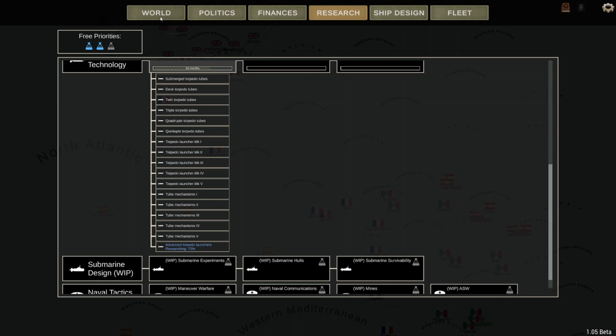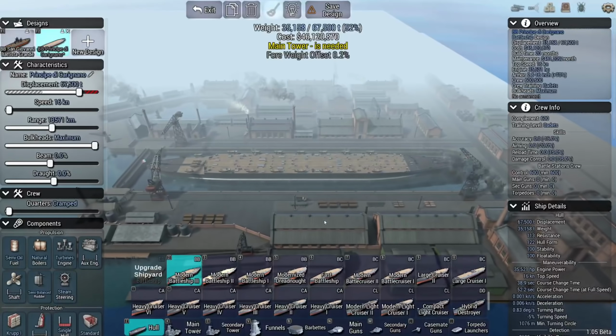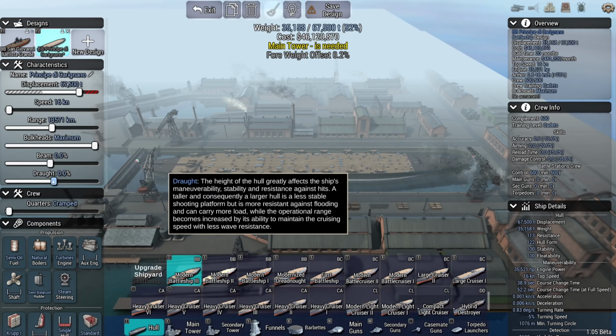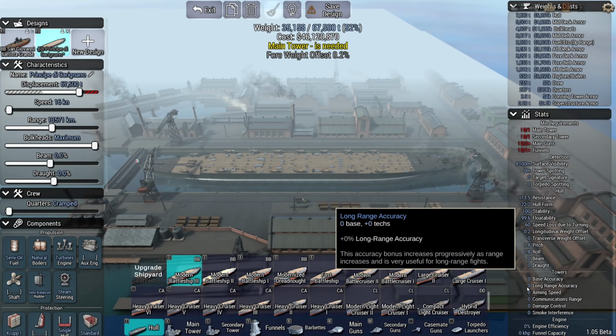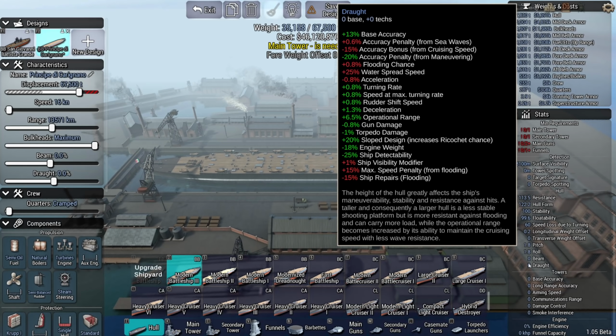Now, new hulls are coming, but not in the beta. But what we do have is going to make you very happy. At least it made me very happy, because we now have the accessibility of beam and draft. Now, these two impact a lot in the ships. If you go back to the bottom right-hand side of the map, the windows, you can get the stats, and you can see 0 for beam and 0 for draught,